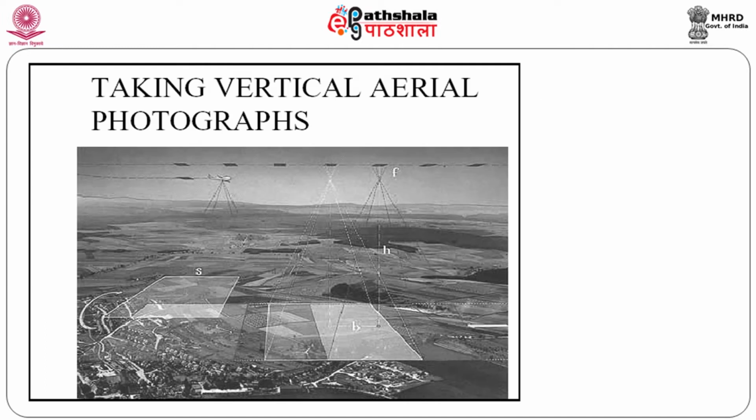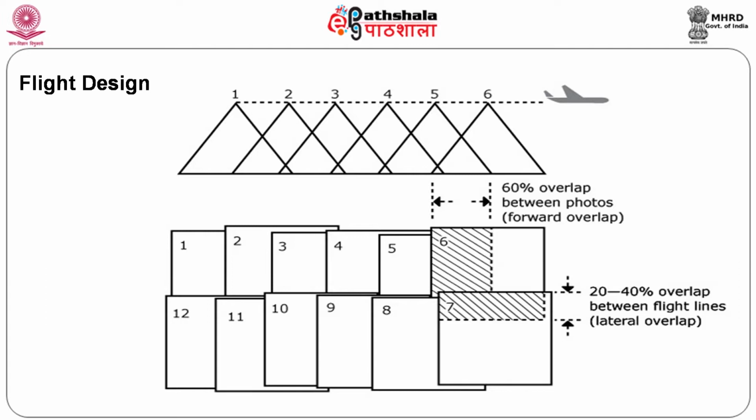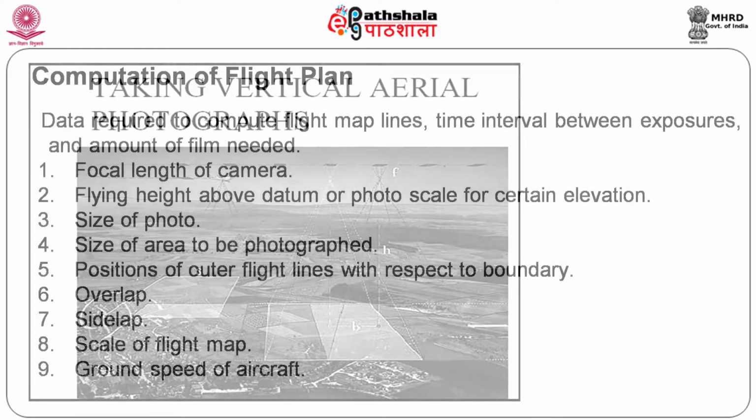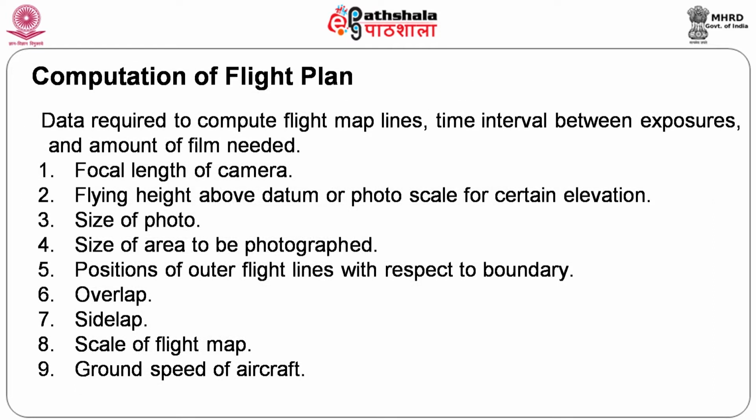Now you see here, this is the way in which it goes. This is an artificial method of designing, and this is true. Just for depiction purposes we have shown how the photograph is taken and how the area is overlapped. See, this is your side lap, and you see the overlap of 60%. So this will be one photograph and this will be another photograph, and this darker patch will be your overlap area.